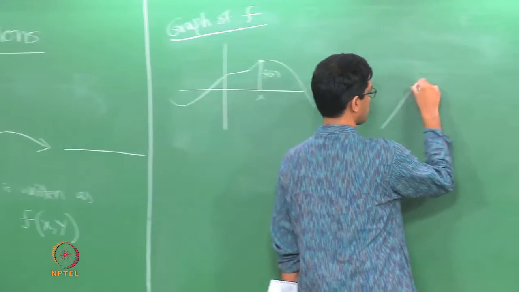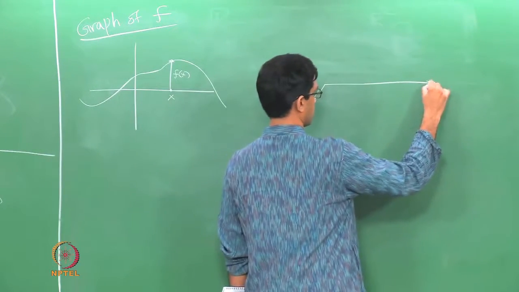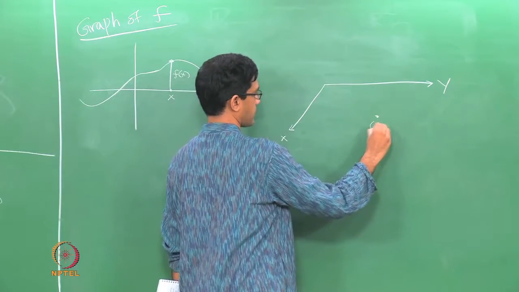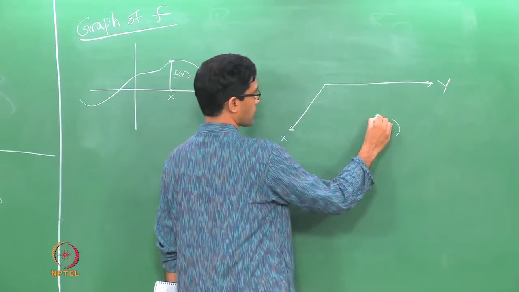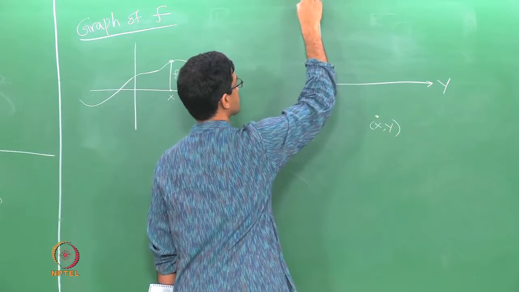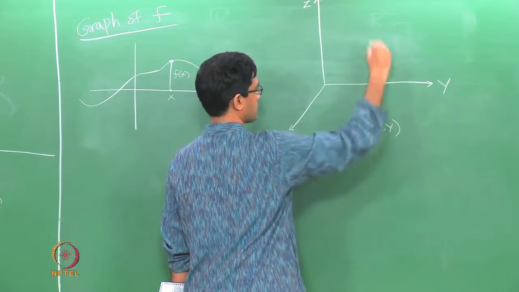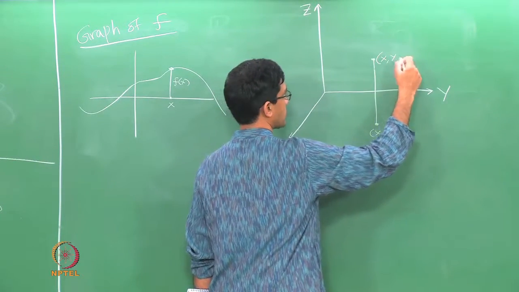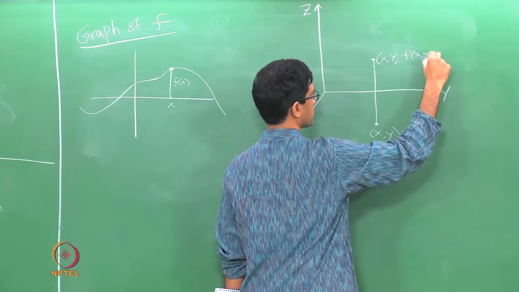So, let us think of the domain as being the xy plane, and for each point on the xy plane, what you have is some function value which you now plot along the z axis. So, you have got the z axis here, and so for each point you will have something like this. So, this is vertical along the z axis. So, this point here has coordinates x and y, those are the x and the y coordinates, and the z coordinate is f of x y.